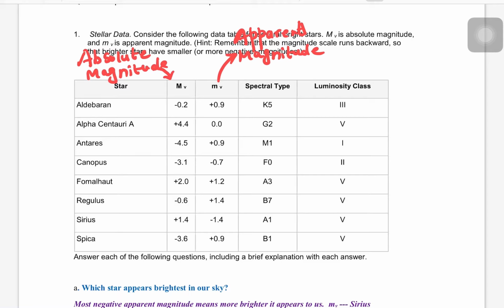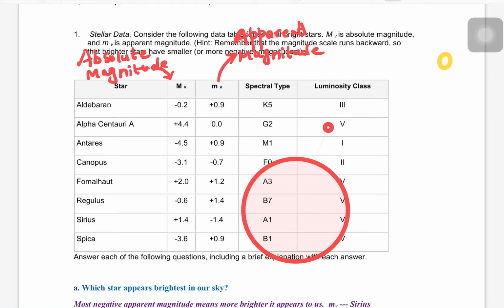Okay, if a star appears faintest, does it mean that it is not luminous? A star could appear much brighter or dimmer, but it doesn't mean that it is actually more or less bright. What does that mean? Let's say this is our Earth's surface. Let me draw a better picture. So this is Earth, and let's say we have a star here, and then there is another star here. When you look from the Earth's surface,